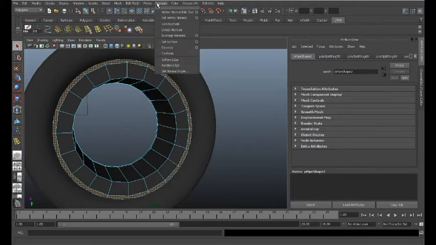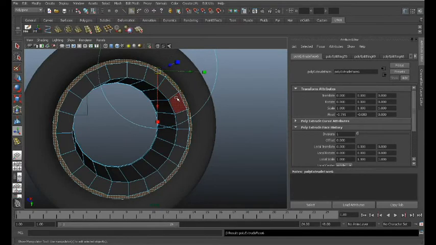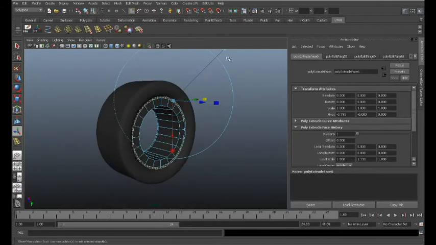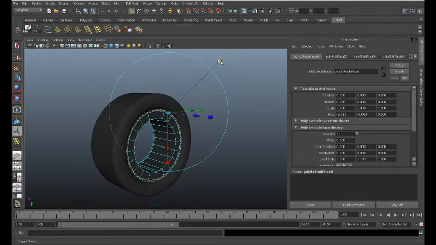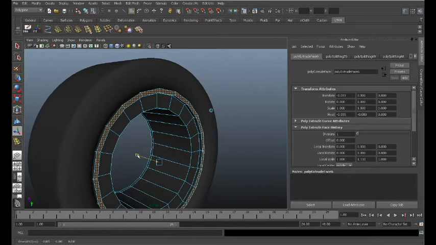Now I'm going to come over here to Edit Mesh, Extrude, and I'm going to extrude those faces out. Oops. Go to my world space, and extrude those out, and just as we did before,